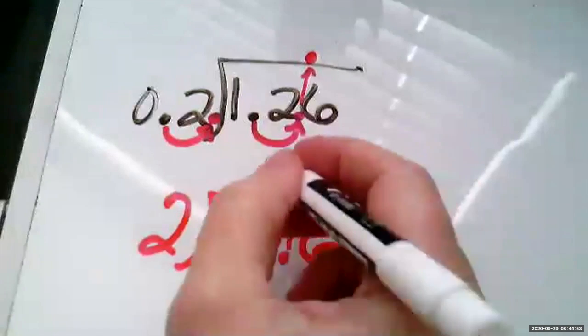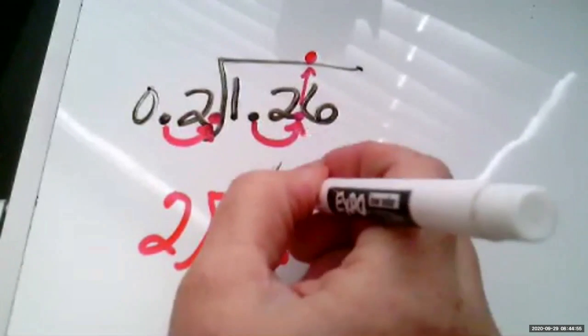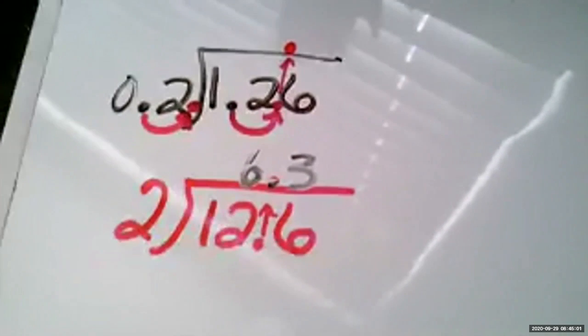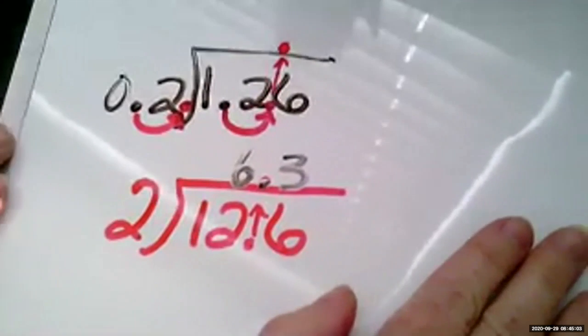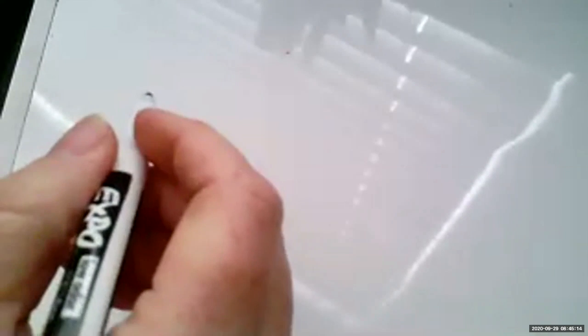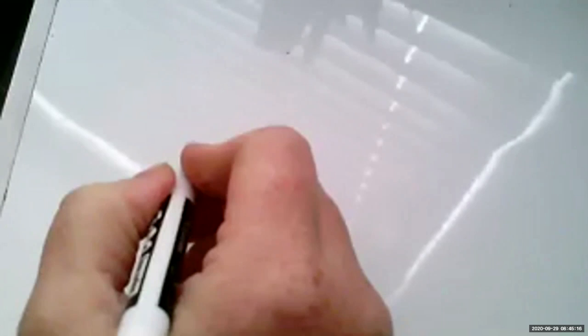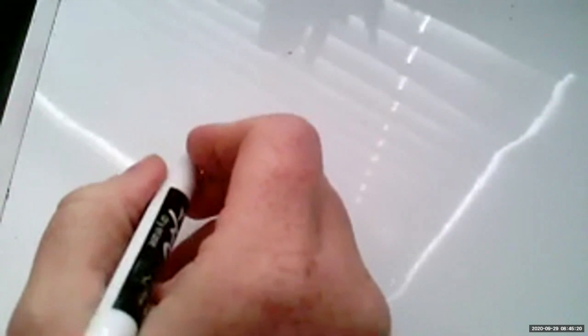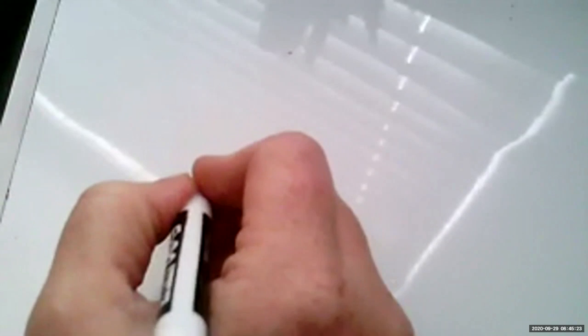Yes, very good. 6.3. 6.3 is the correct answer. All right, let's do one or two more just to make sure you remember how to divide with decimals, especially if you need to plug a 0 in there. Oof, that marker's getting wiped out here. All right, let's try another one here. I'm trying to look for some easier numbers. Okay, let's go with